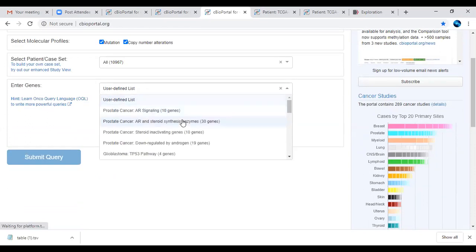The cBioPortal will also provide you the pathways of the respective genes which have been altered. So this is also a very useful platform, where in the GDC portal we have not come across the pathway data set, whereas this cBioPortal will provide you the pathways with respect to what type of gene has been altered, with the help of also the omics data and the clinical data. So this is the difference between using more databases and coming across different omics data sets.